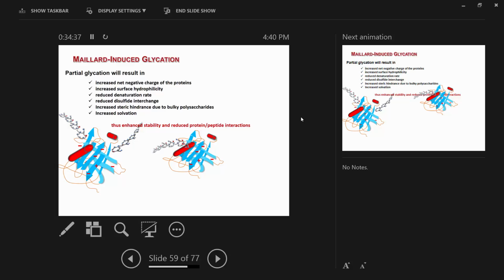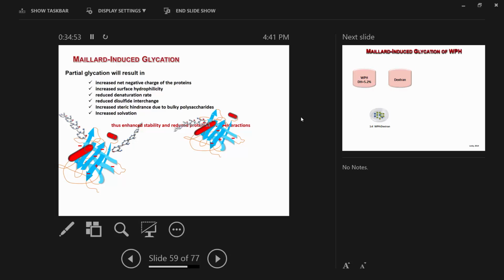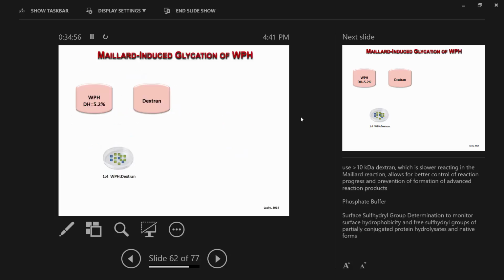And then steric hindrance due to bulky saccharides. They are in close proximity, so they will hinder each other. And then increased solvation, the molecules interact more with water, and then you would have enhanced stability and reduced polymerization or interaction. So, with that,